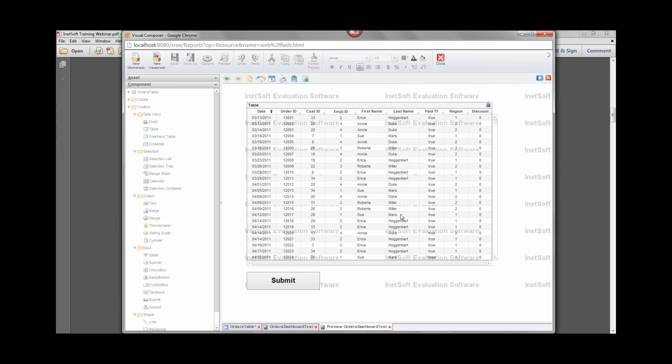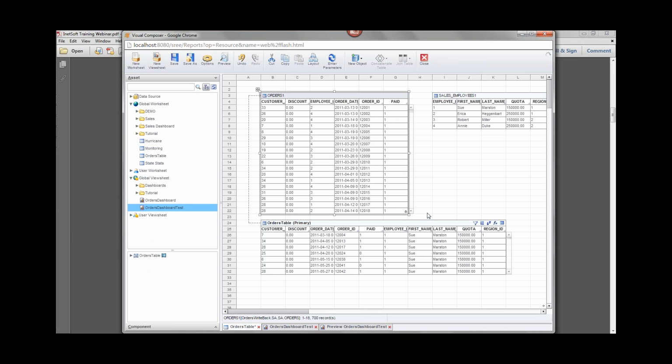So this is a verification that in fact the changes are being written to the database, because why would every value change? The reason that every value of Sue Marston changes to Sue Mars is because that change was written back to the underlying table in the database, the sales employees table, which is basically a list of the sales employees' first names and last names. It's actually that table in the database looks like this.